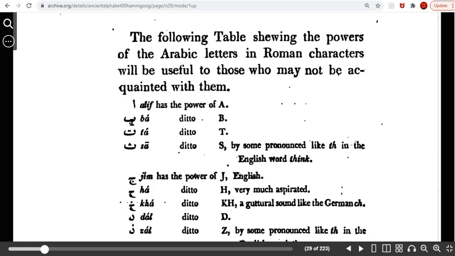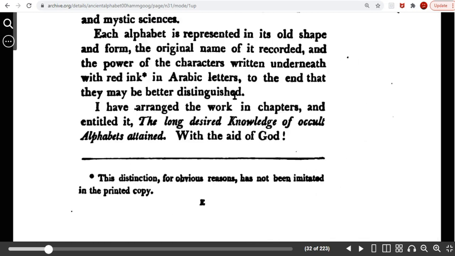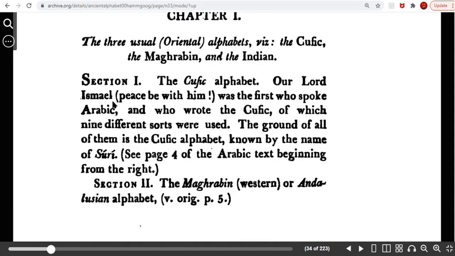And this Ba TS, this is some of the first writings in Egypt when they're in the boat, and the boat will look just like this letter B, T, and S. The writers were sailors. The aleph bits, habits, inhabits the boats. So there was more code in here, but you can't see this in this black print because it was written underneath with red ink. So Lord Ishmael was the first to speak Arabic and created the Kusic alphabet known by